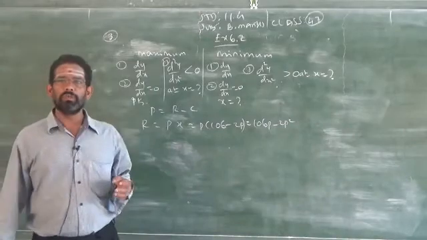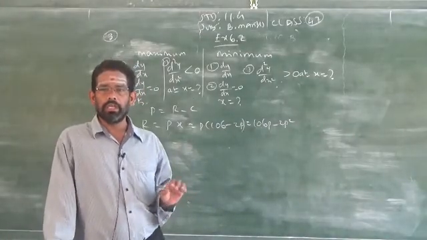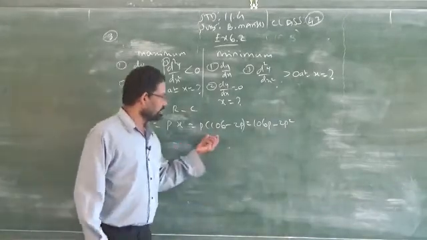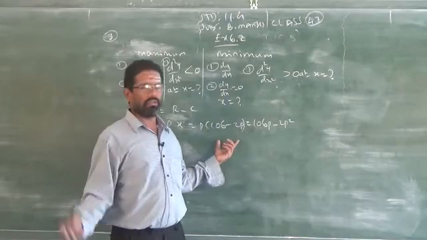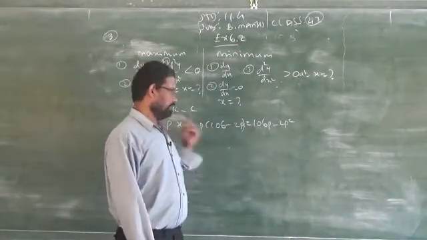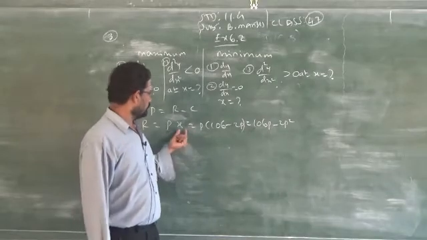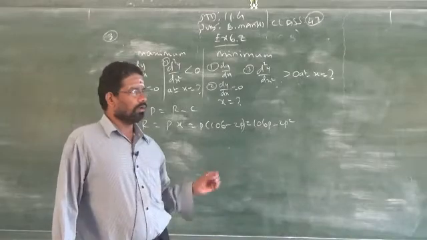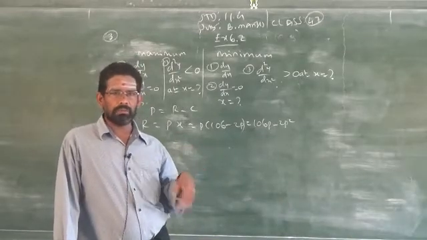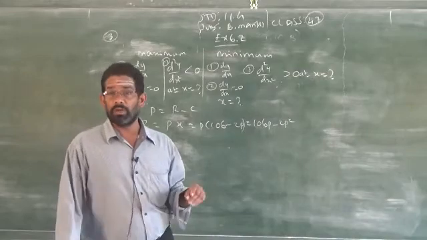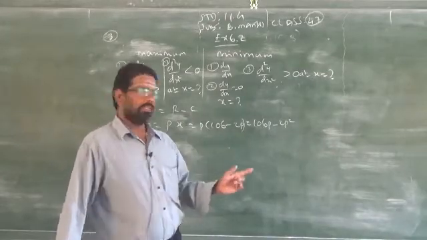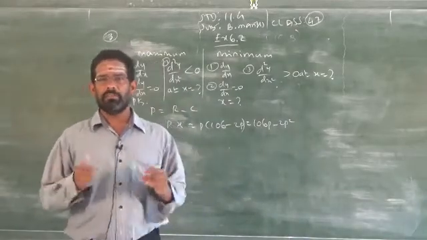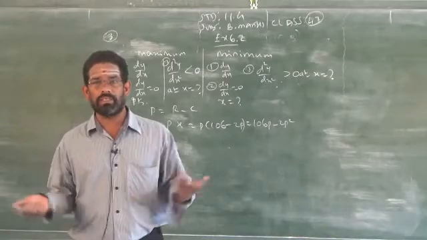But your revenue function should not be in terms of price. Your revenue depends only upon the number of units. So actually, this is correct according to our logic. Generally it is correct because the value of x is given, sir. I am replacing this x by the given value, so why are you saying this is wrong? Because revenue does not depend upon the price. Revenue depends upon the number of units sold. If you write the revenue in terms of price, that is meaningless. According to the mathematics it is correct, but according to the problem it is not correct.